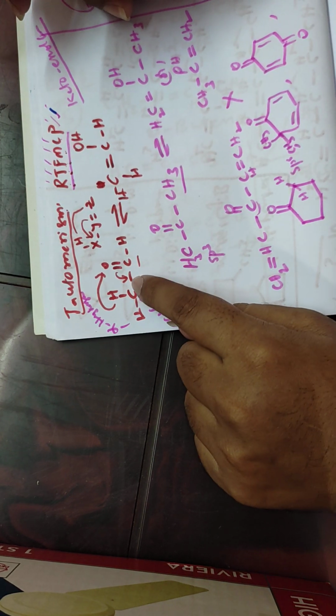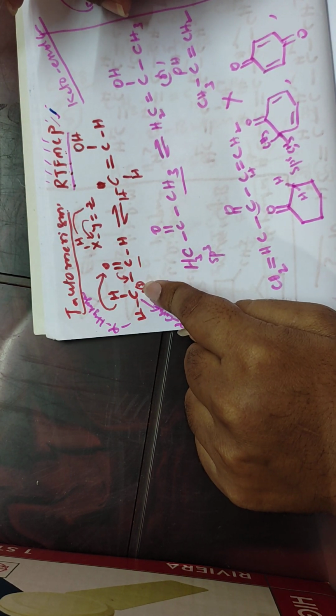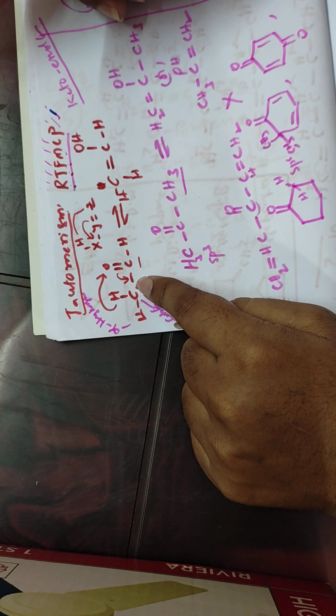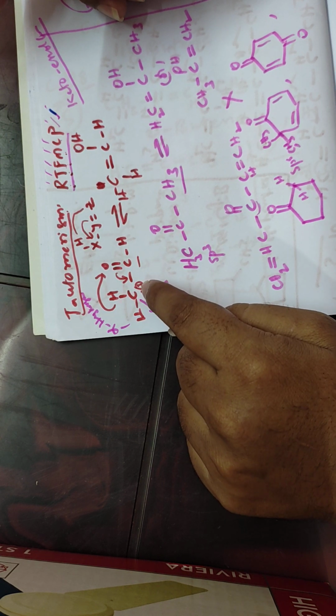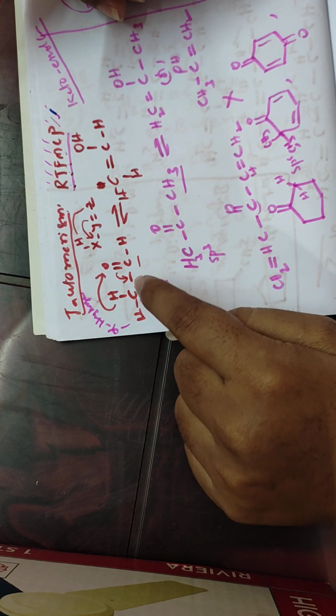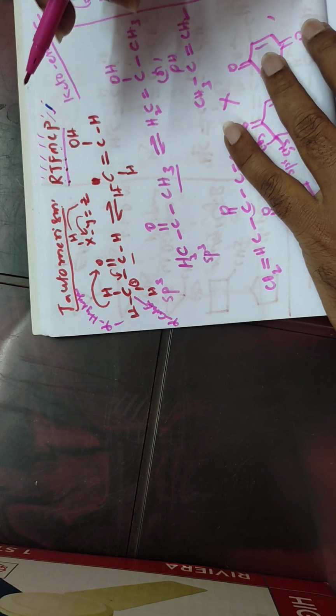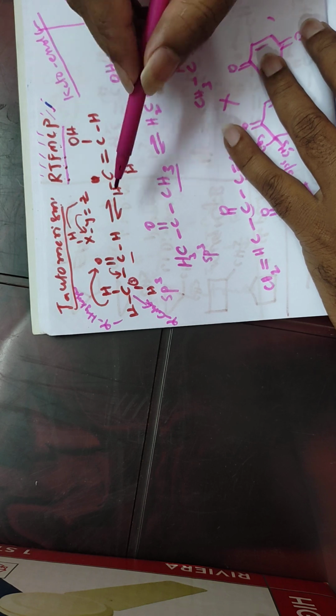Suppose you take this compound, this has functional isomerism and tautomerism. Then if it is given in the examination, you have to give the preference to